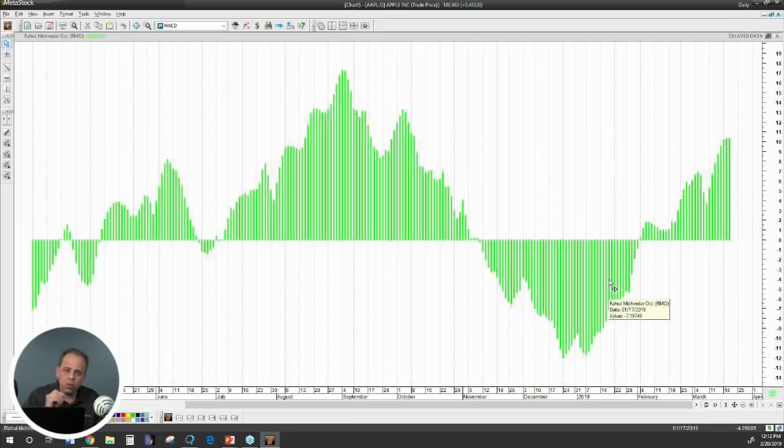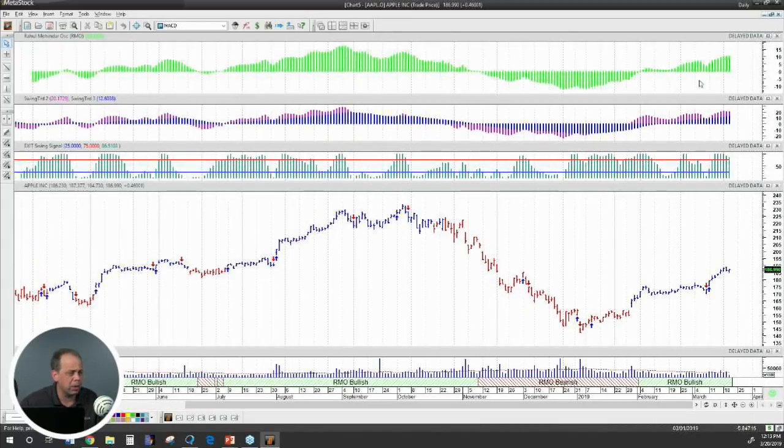Okay. Now I want to be really, really specific right here. Just because it goes from below 0 to above 0, that's not a signal to get into the market. There's 2 other things that we're going to look at. We're going to look at the short-term trend and the intermediate-term trend. But basically, this is a permission system. If I was looking at Apple today, looking to take a position, I'd know just at a glance right now that I'm only allowed to go long, and I'm not allowed to go short.